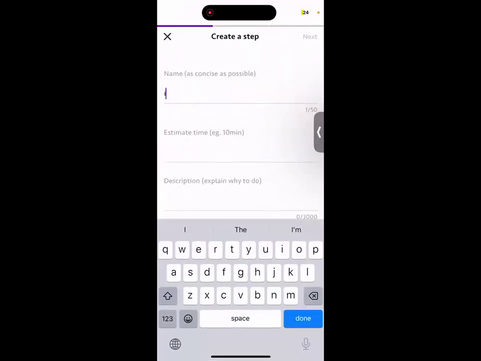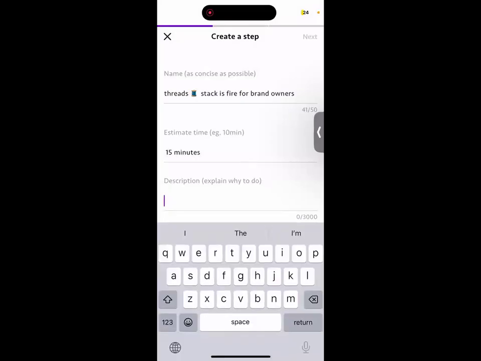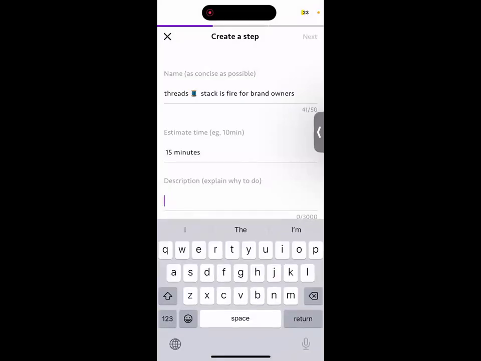If you want, I could say, if you want to learn more about building, growing your brand, I could say Thread Stack. Thread Stack is fire for brand owners. And then over here, I could put, what am I including over here? Check out Thread Stack. It's perfect.